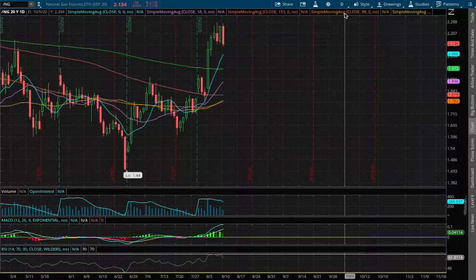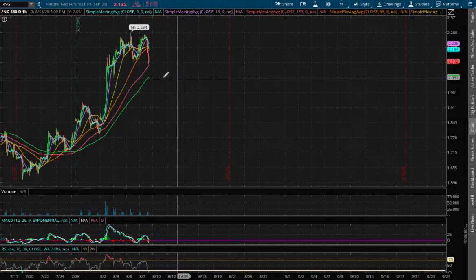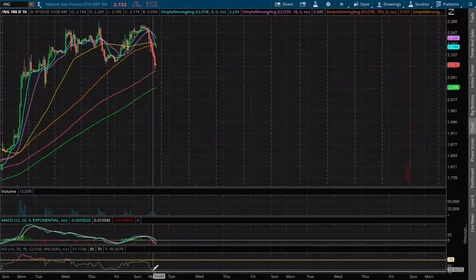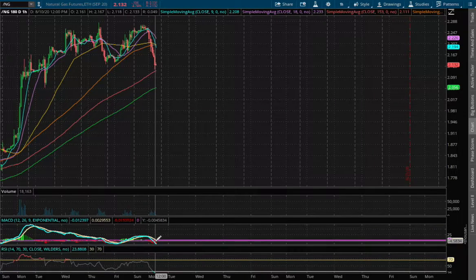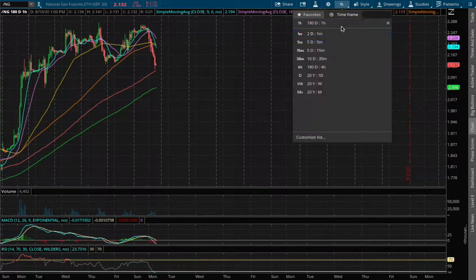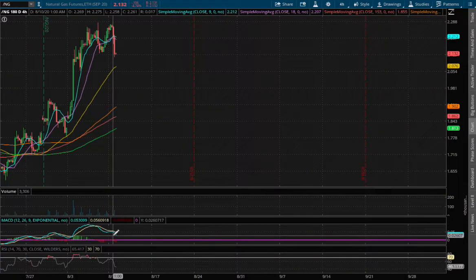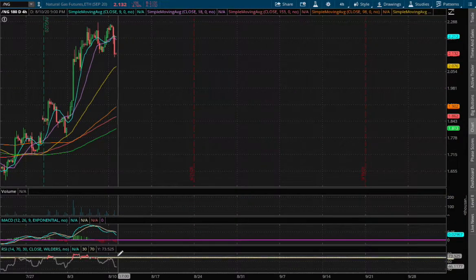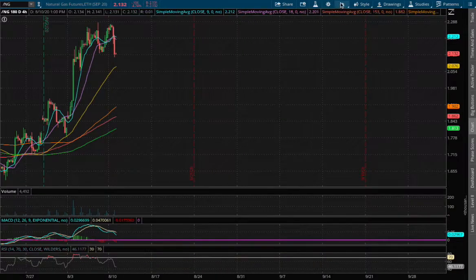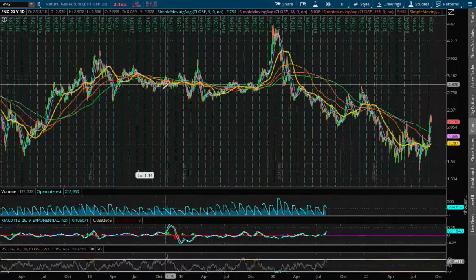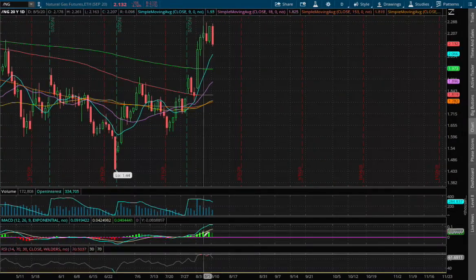We're currently down 4.7% on the 1 hour chart. We are at oversold RSI and we have now reached a negative MACD. If we extend that further onto the 4 hour chart, we approach a negative MACD as well and we are off of overbought RSI. If we extend that further onto the daily chart, what we have now is we're still